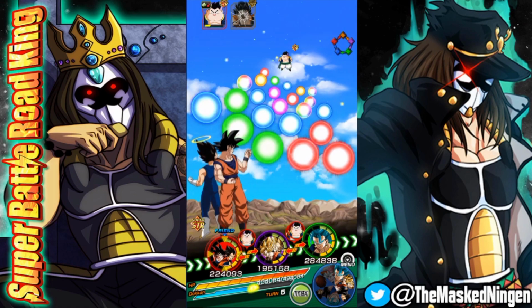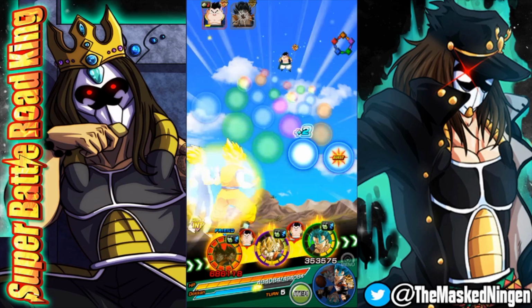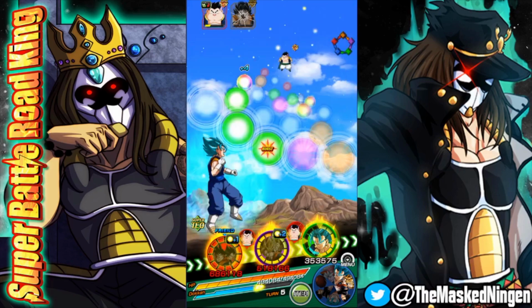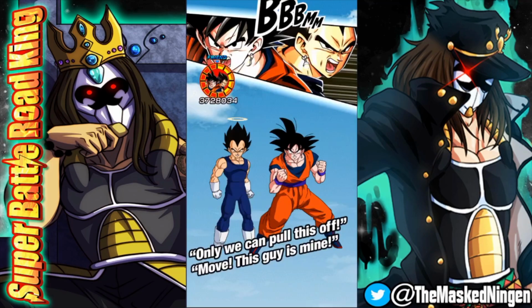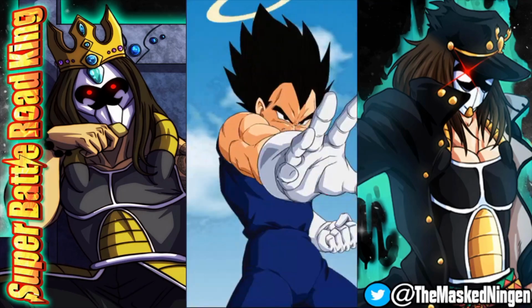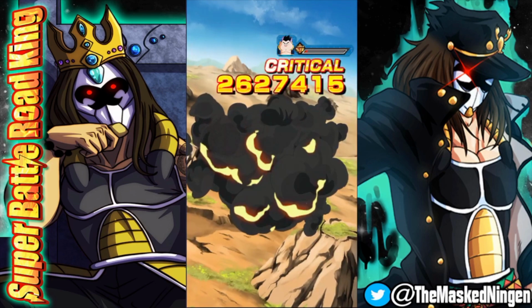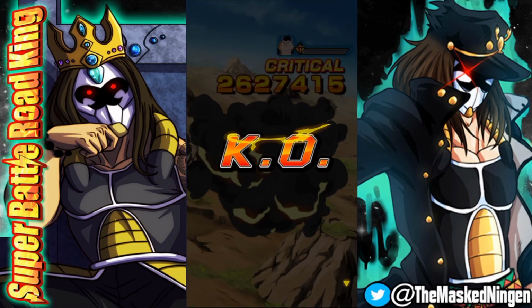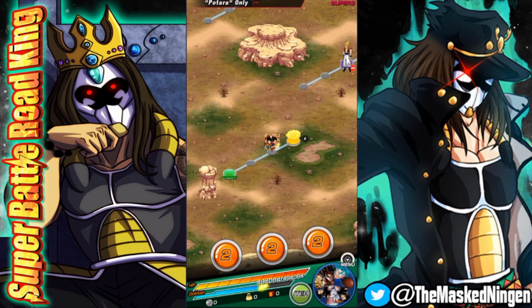So in their starting form, they have a built-in chance to dodge. They lower attack and can stun on their super attack, so you can roll the dice that you might get a stun. Even if you don't, you get to lower their attack, and then they do have a very decent dodge chance built in. If you choose to transform them, which you can do from turn 1, you lower all enemies' attack and defense for 2 turns,